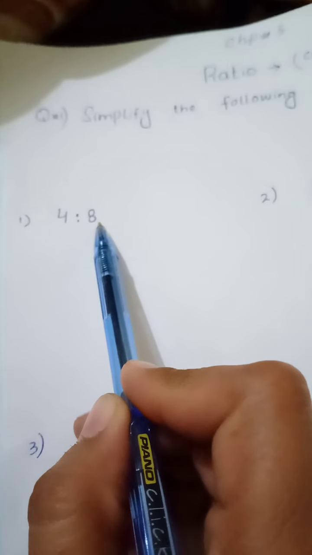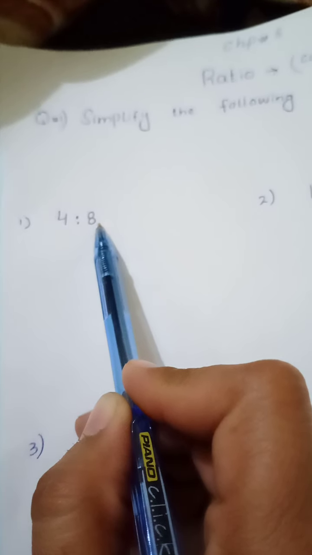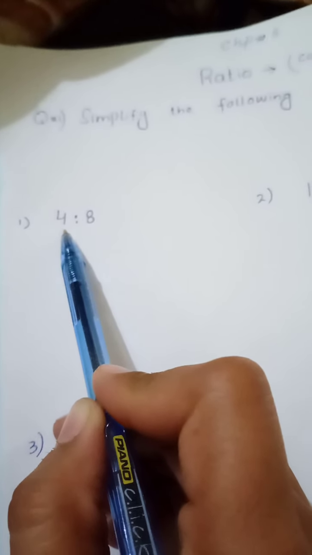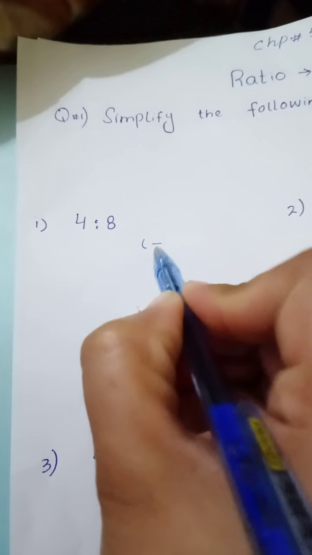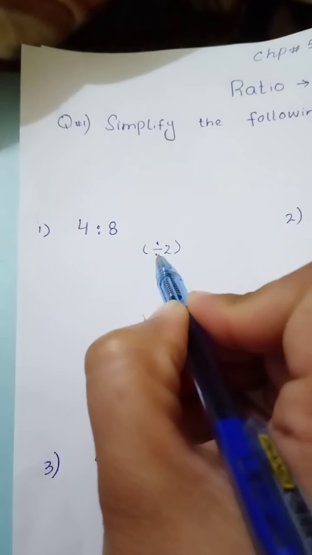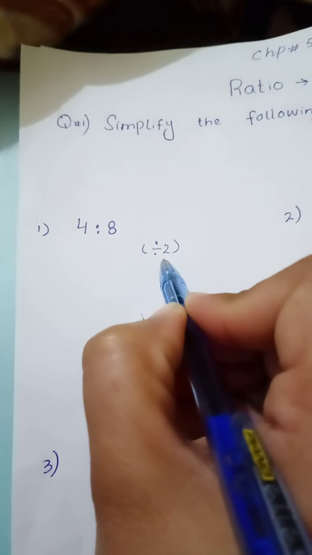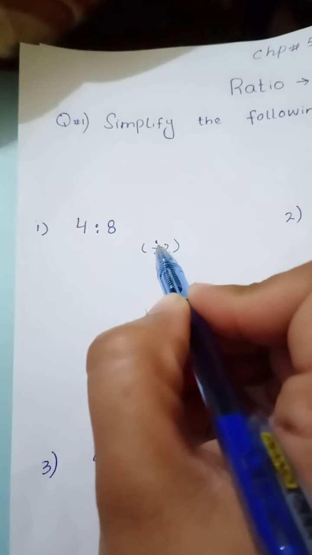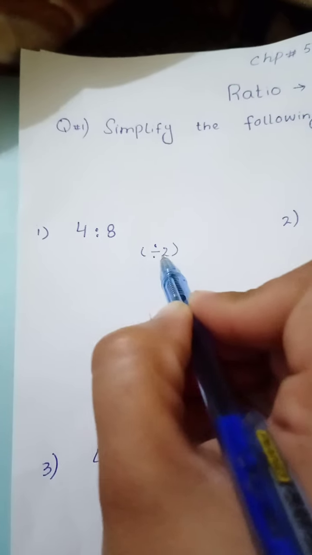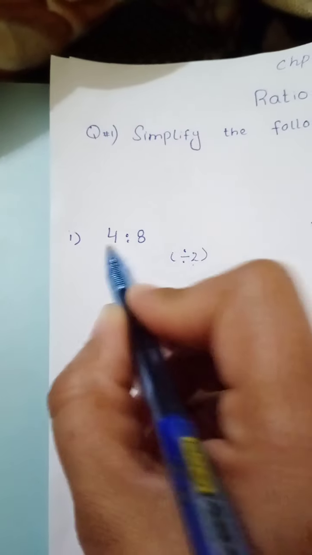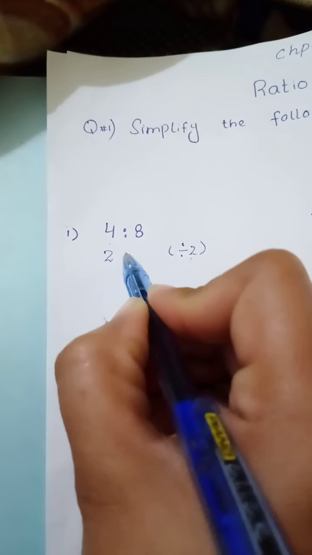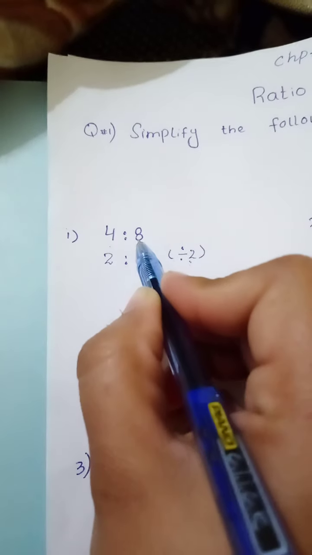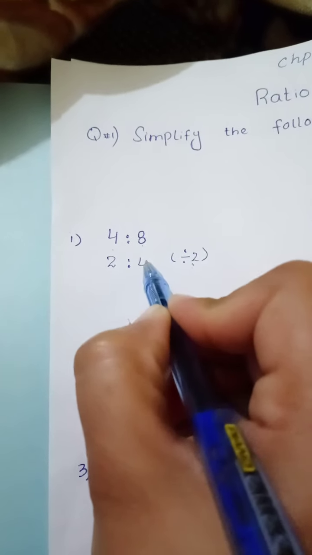Common factor of these two numbers means on which table you can divide both numbers. As it's very clear that both are even numbers, they are easily divisible on table of 2. Divided by 2 means I am going to cut them on the table of 2. I will write it like this, divided by 2. Now you can check 2 is how many times 4. 2 times 4 ratio. 2 is how many times 8. 2 4 times 8.